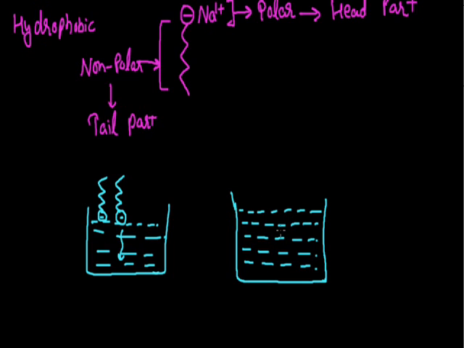In this cluster, the hydrophobic tail part, since it has a phobia of water, will try to stay apart from water, and it will be in the form of a group. This tail part will be pointed towards the center of this group or circle, and this will be represented by this. This is for the hydrophobic tail part, and this circle is going to represent the hydrophilic head part. So that will be the cluster made by these soap molecules.